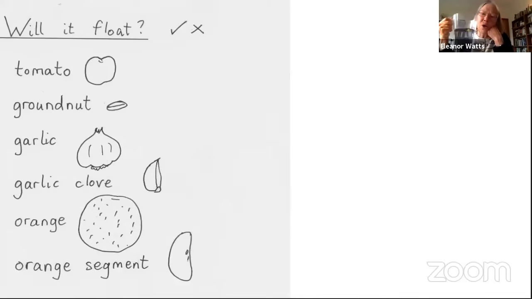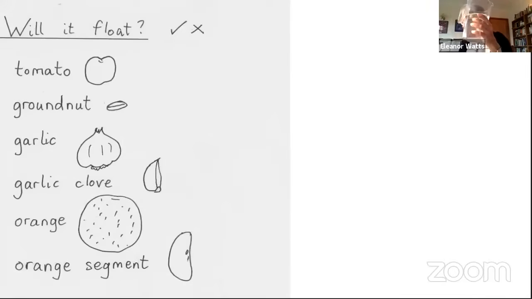Can you suggest how we could make it sink, Priya? Shell the groundnut, maybe? Oh, why? Why are you saying that? Because it might get lighter in weight, it's smaller. If it's lighter, will it sink? Or if it's smaller? Yes. Maybe. Okay, let's try it. So I've shelled it now. Oh, look at that. It floats.